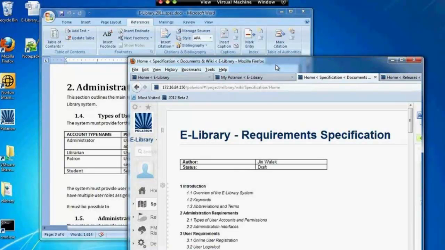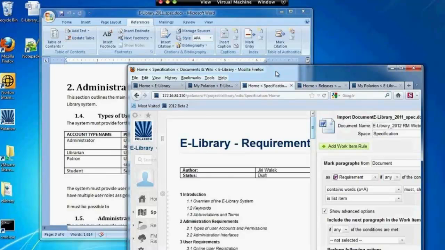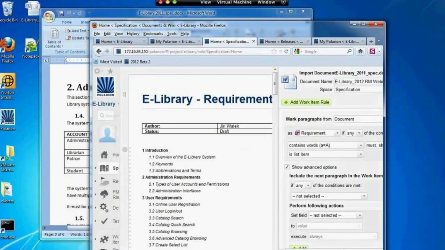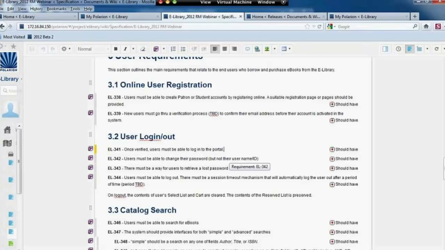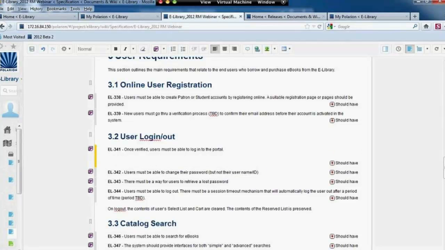Immediately from this point, I can start modifying this requirement. So one avenue for modification might be, I'd like users to be able to use their Facebook accounts. And I'd also like to be able to use Google accounts as part of the web interface for this eLibrary application. Additionally, if I needed to include images, I can paste images from the clipboard, or I can bring them in from any file. And once inserted as part of the artifact, as part of the requirement, you can resize